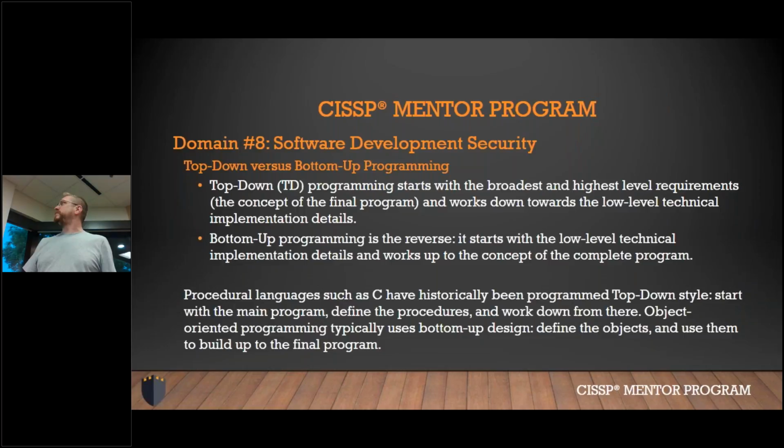We'll go procedural C, top down, start with the main program, define procedures, work down from there. The other way, object-oriented, we're going to define our objects and then use those to build up. So if you're looking at a top-down, the user functionality typically will be a little easier because you're starting